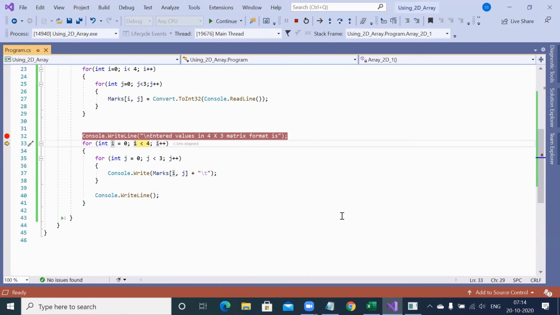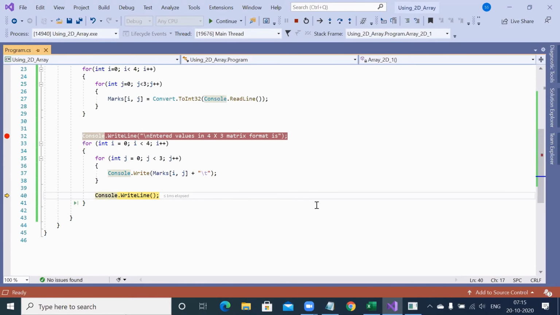Now I becomes I++. Previously it was 0. Now it becomes 1. So when I equals 1, your end condition will say, yes, it is true. You can go inside. It came inside again. So when I becomes 1, your J is again varying from 0, then 1, then 2, and so on. So I is 1, J is 0. Next time I will be 1, J will be 1. Next time I will be 1, J will be 2. And so on. So J0, J1, and J2.